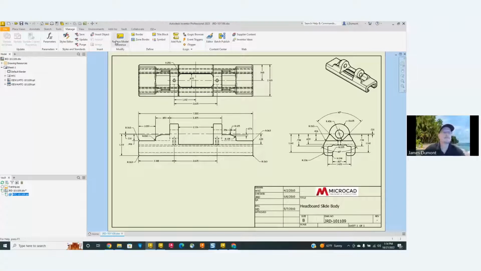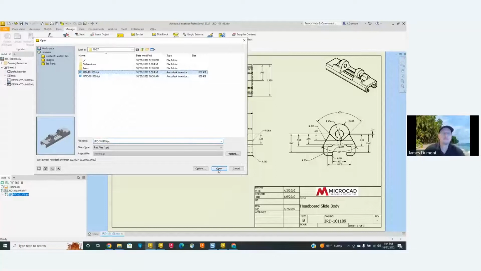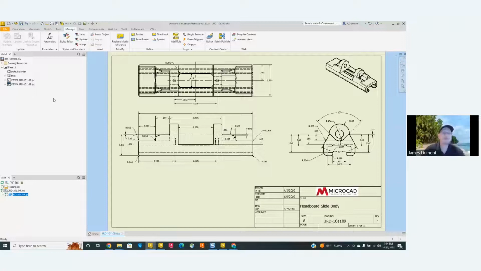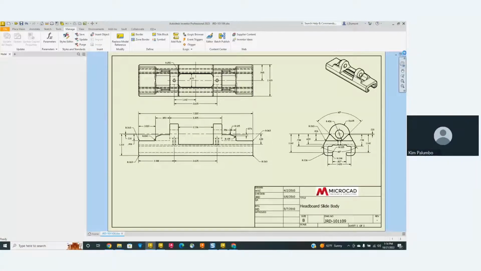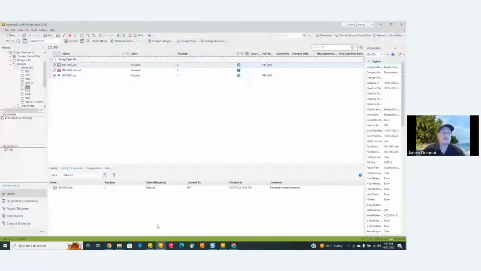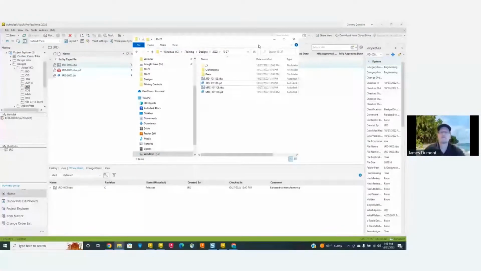Replace model reference. Guys weren't watching. Save. It's fairly a new feature for me. Design assistant. The replacing the model within. Oh, if you replace the model reference. Yes. Okay, good. That can still be handy to a certain point, but using Vault, it becomes less useful.